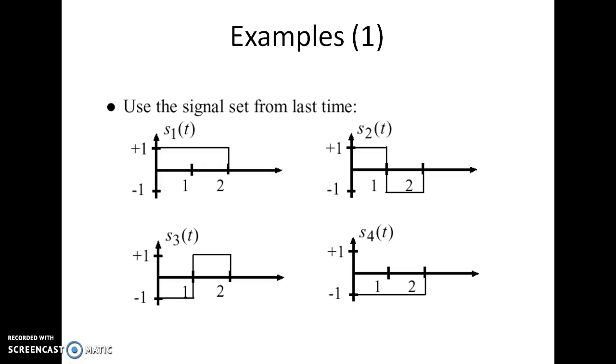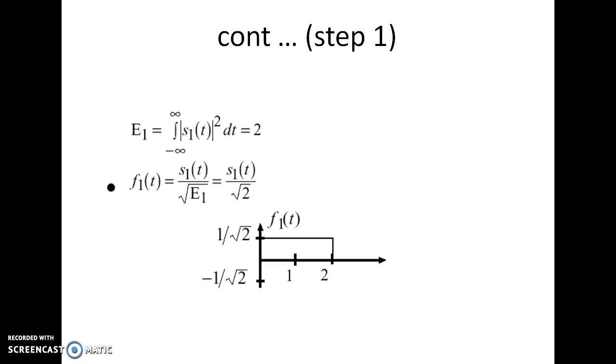So over here, let us take an example. Let's suppose I am having 4 signals: S1(t), S2(t), S3(t) and S4(t) are the 4 signals given to me, and I have to represent these 4 signals in a space. I don't know what the dimension of this will be, so start applying the GSO procedure and go on calculating the basis functions, starting from phi 1(t). So let us first find out phi 1(t).